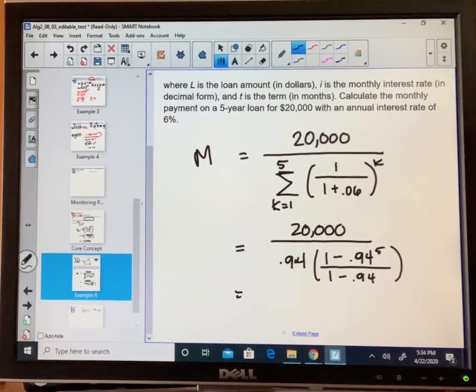I'd say, okay, 0.94 parenthesis, and then I do another parenthesis for my top. 1 minus 0.94 to the power of 5. Close that parenthesis. 1 minus 0.94. End my parentheses. And I get